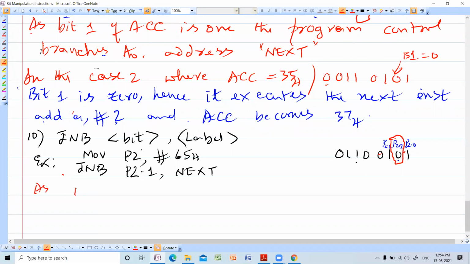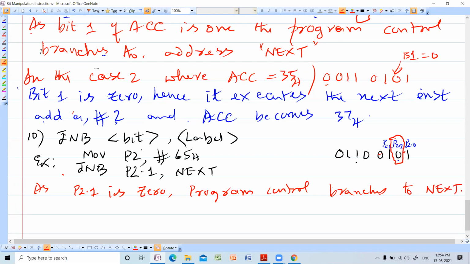As P2.1 is 0, program control branches to next. It branches to the label next. So that is JNB. It is checking some bits, maybe the accumulator's bit, or it may be some port lines. So this is used to check that.